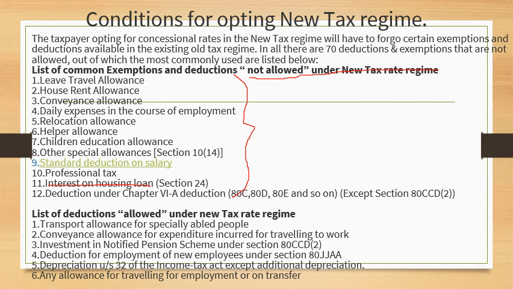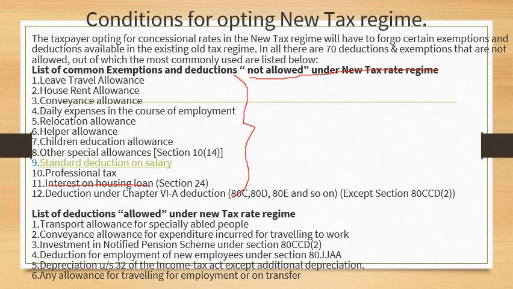But when they saw the detailed document, we were all shocked, because many prominent deductions like LTC, house rent allowance, children education allowance, professional tax, standard deduction on salary, and interest on housing loan, that was a major one. All these things were not allowed. So we felt a little disappointed, and that's why many of us felt, okay, let us